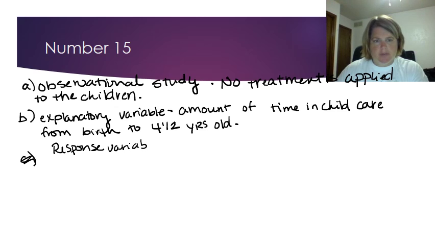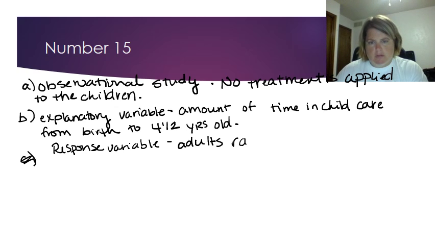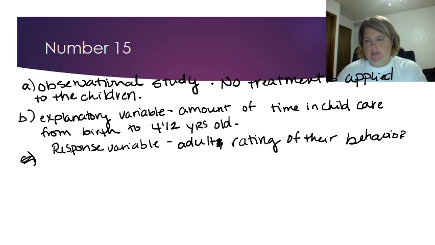The response variable is the output. So for each amount of time in childcare, what happens? Here, it should be the adult rating of their behavior. And that's what the outcome is, right? Or the output, right? And then part C is, does the study show that childcare causes children to be less